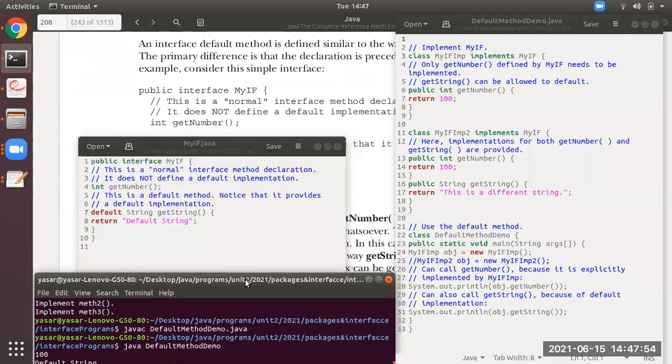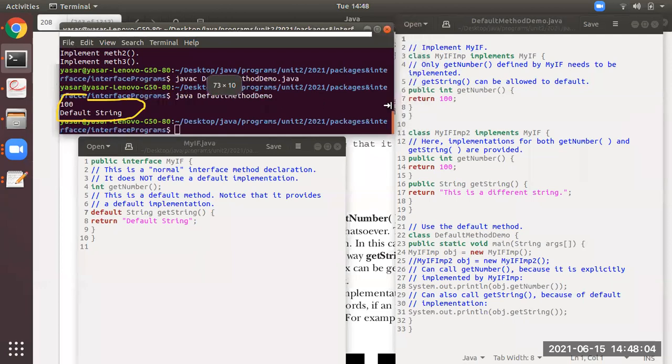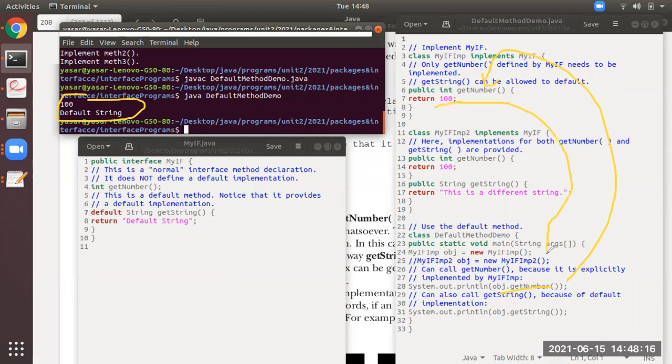Now after this, you can see the output also. I've shown you the output also. Okay, this is the output. Let's observe the output. Now after this, again in your notepad, at line number 28, obj.getNumber means it will call this now, and it will return 100. Where will it return? It will return 100 to println as a parameter. So println will print 100 over here.